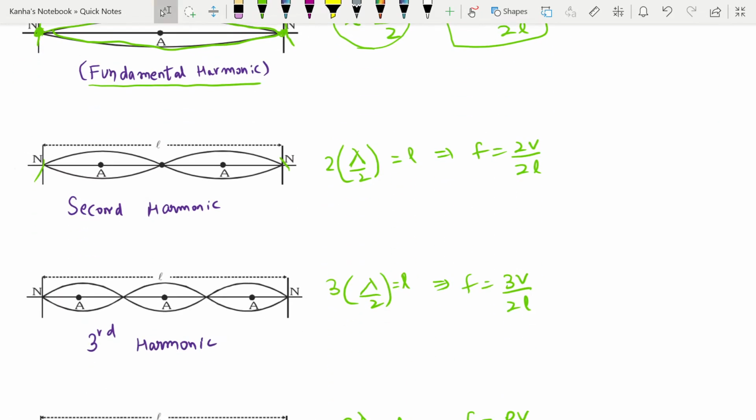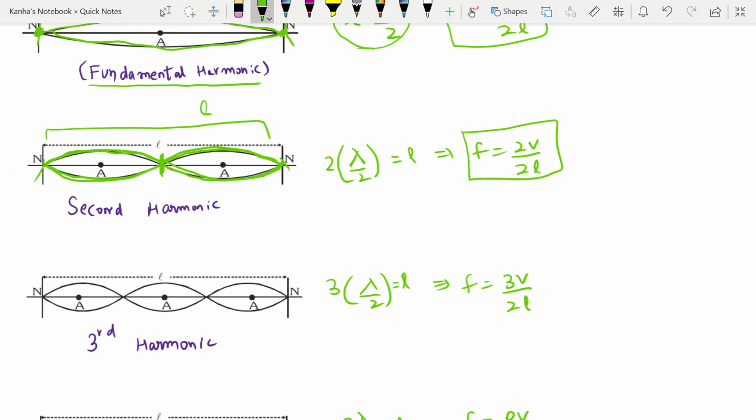In the second case, what is happening, this is my incident pulse, it goes like this, it hits the other point which is the rigid end. It inverses its direction, and it comes back like this. And then this loop starts again. So here there is a node in the center, this is the node. This is your length L. So you can have that your length L is equal to 2 times lambda by 2, or it is equal to lambda, that is why frequency is equal to V by L.